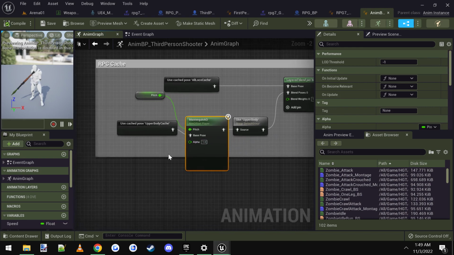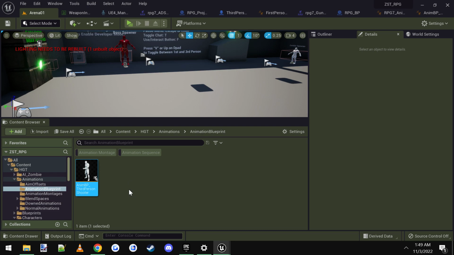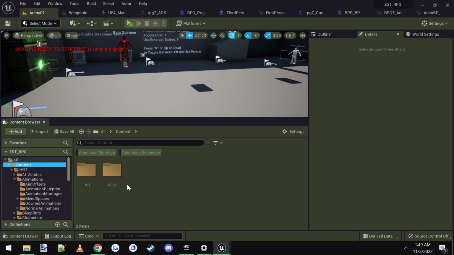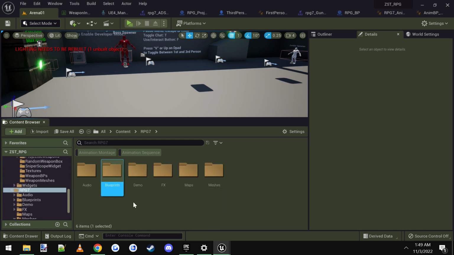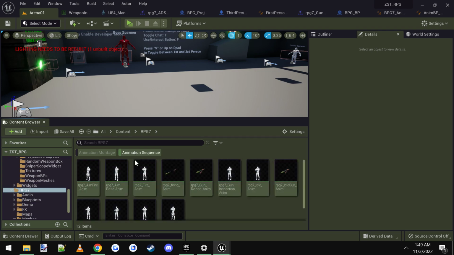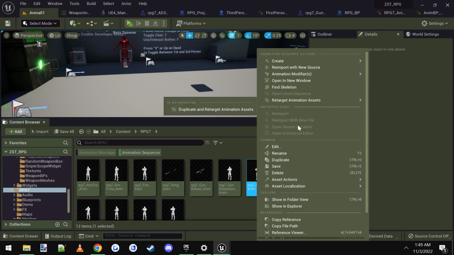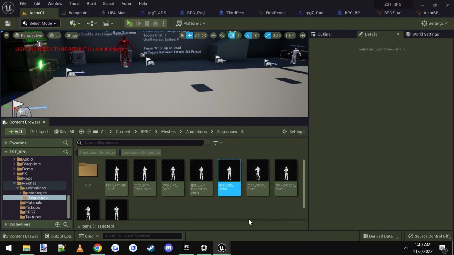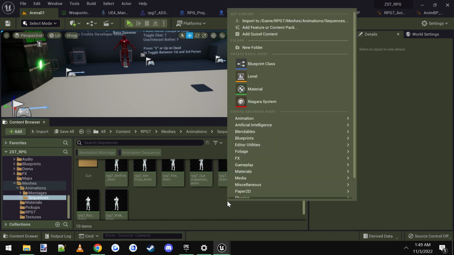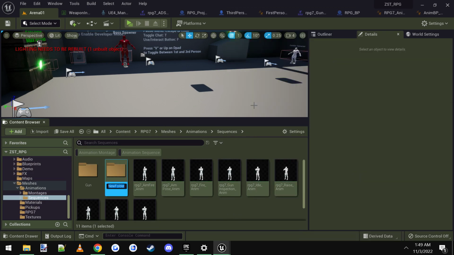But so let's go ahead and make an animation aim offset. So to do that, let's see, we'll go to the RPG, we'll find the animations, which are somewhere in here. We need the idle animation, RPG idle anim. Browse to this, show in folder. Alright, so I'm going to make a new folder. I'm going to call it